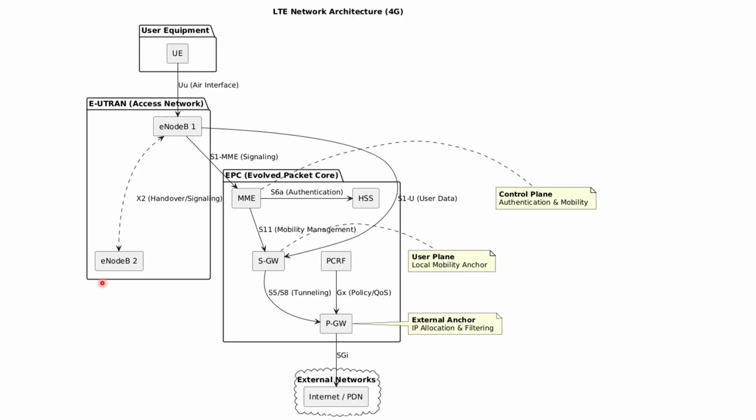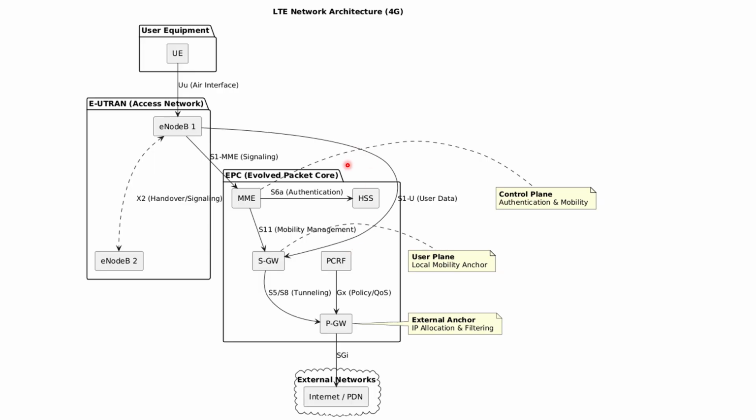It also communicates with the MME for control signaling and with the gateway for data transport. It also has an extra interface, X2, that allows two eNodeBs to communicate directly for handover and signaling between them, and ensures the data packets are forwarded during transition without dropping a session. And on the right side we have the EPC, that we call the Evolved Packet Core, and